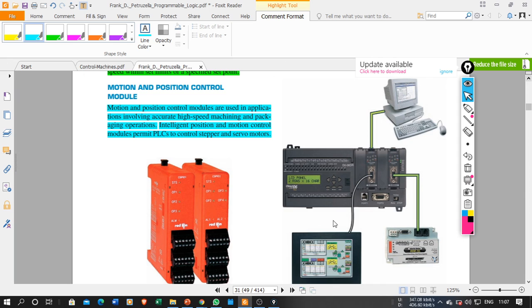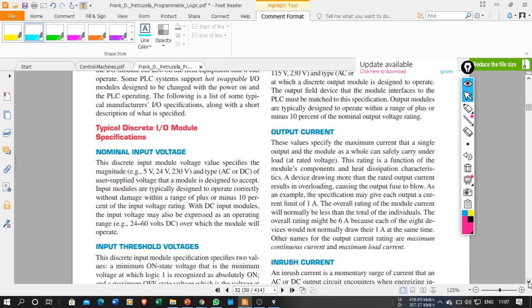This is my PLC over here. With the help of this serial communication module, I connect it with the HMI. I connect with certain other communication modules, or the Ethernet port is there, then I can communicate with the PC also. With this communication module, we can establish communication with a different PLC, with the SCADA system, and with the HMI, and also with other Ethernet modules which are connected in the local area network.